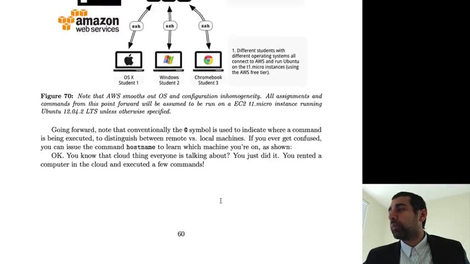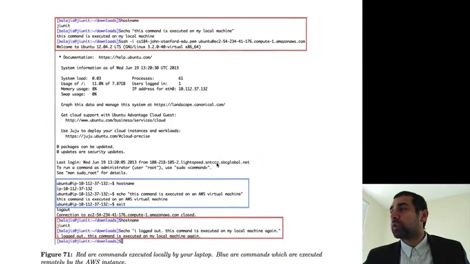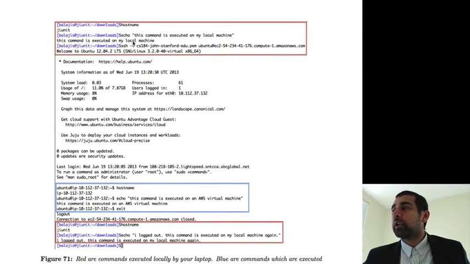So, when you actually connect, one thing that is useful to keep in mind is when you're running commands on your local machine versus when you're running commands on a remote machine. Here, for example, these commands are being run on your local machine. After you hit SSH, you're now in a remote machine, and you can type hostname and echo and so on,